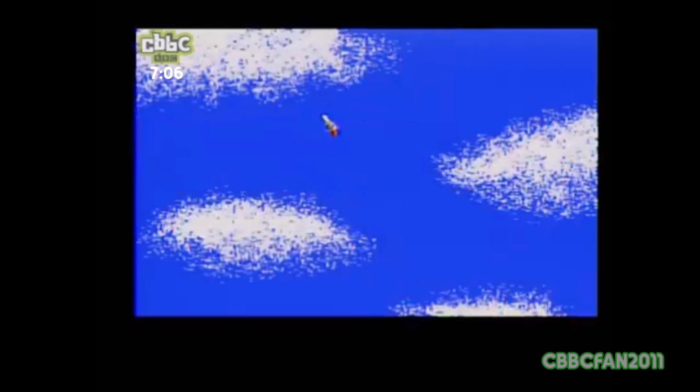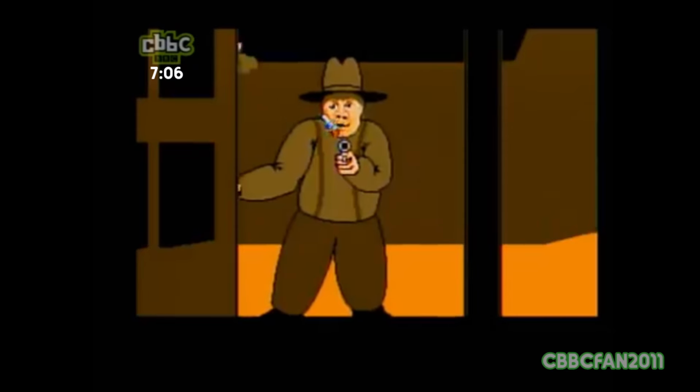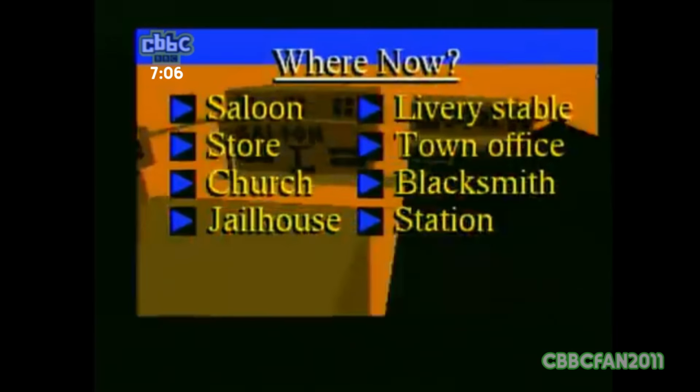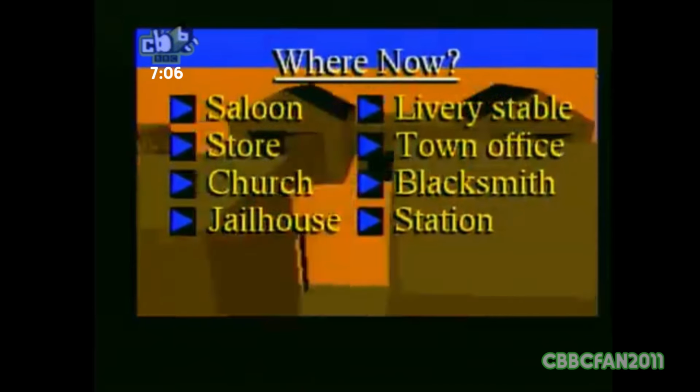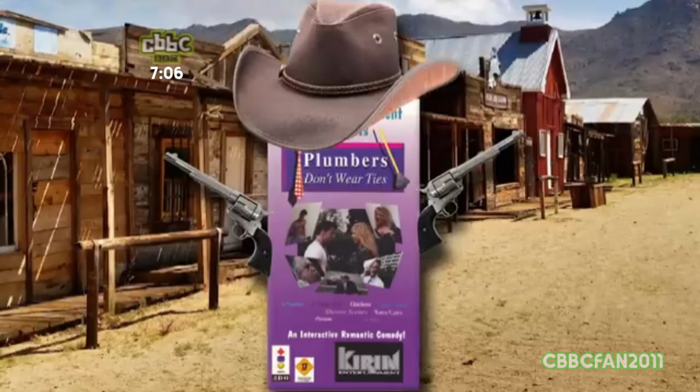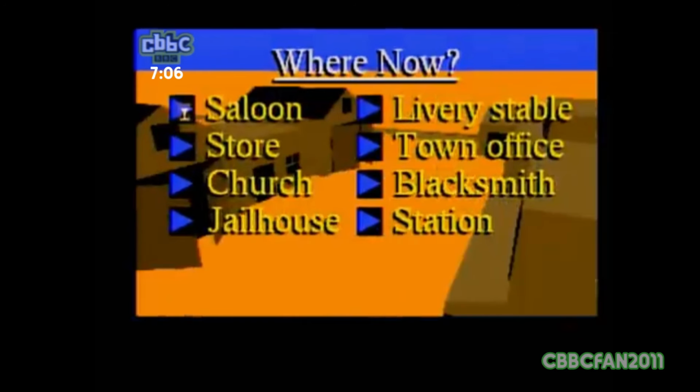Turns out the guy you killed is the little brother of Evil Ebb, the leader of the Hole in the Head gang, and now he'll stop at nothing to hunt you down. So on to yet another menu. That's pretty much all the game is, navigating menus. It's basically Plumbers Don't Wear Ties, but in the Wild West, and way worse, believe it or not. Alright, let's go get a drink at the saloon.